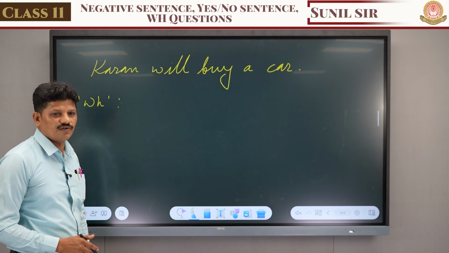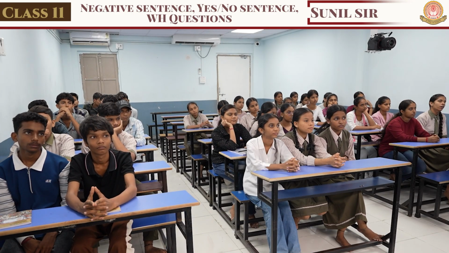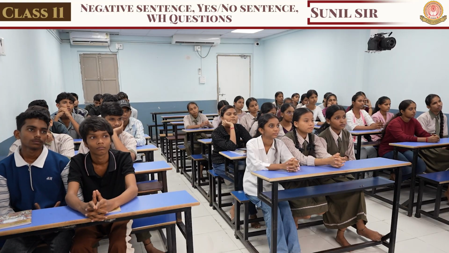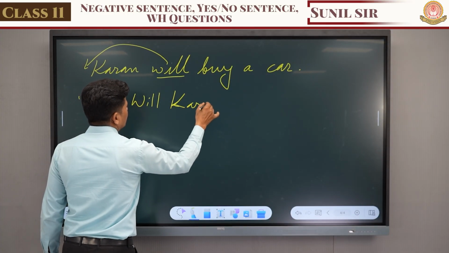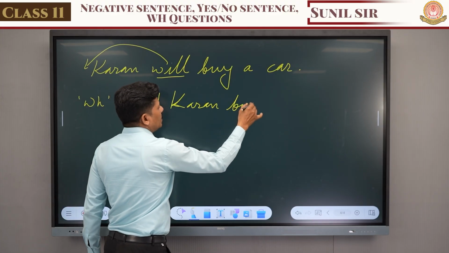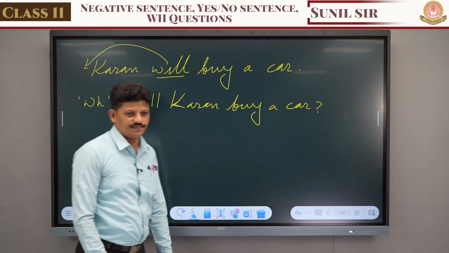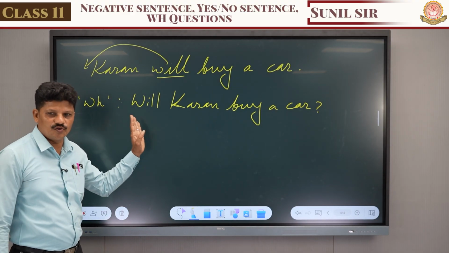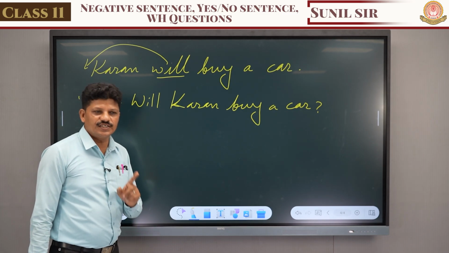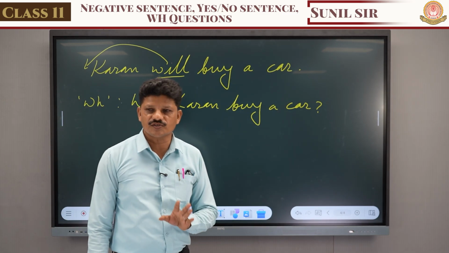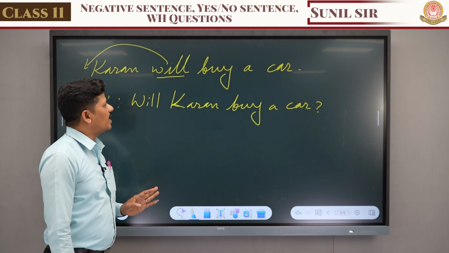How to make a yes or no question? We just have to pick up the helping verb and place it before the sentence, that is will Karan buy a car? This is a yes or no question. After making the yes or no question, we just have to place the WH interrogative pronoun before the yes or no question. So if I want to ask Karan will buy a car,